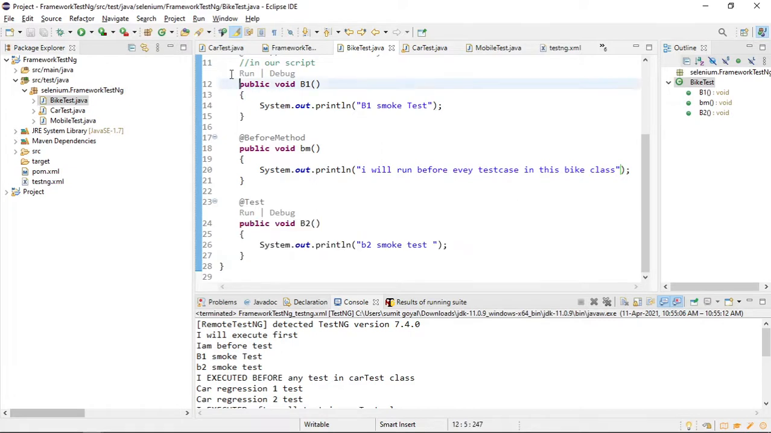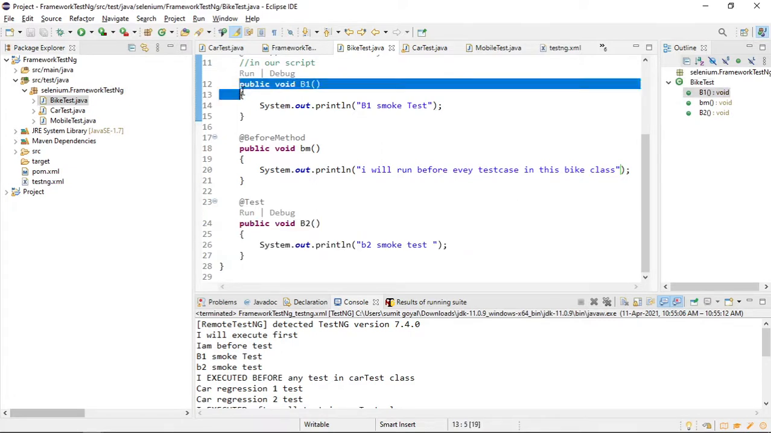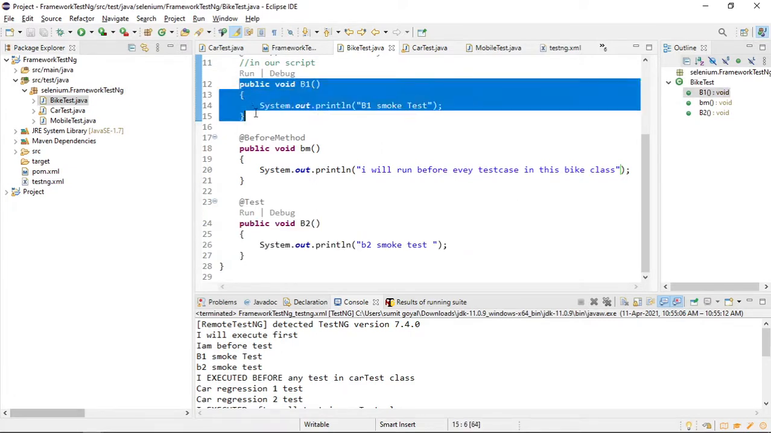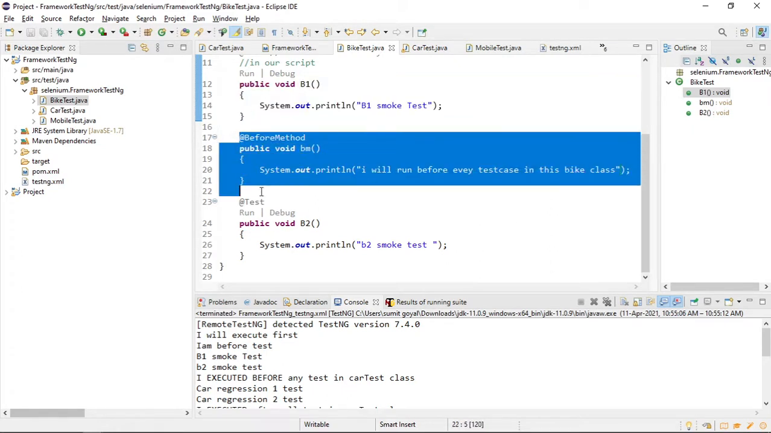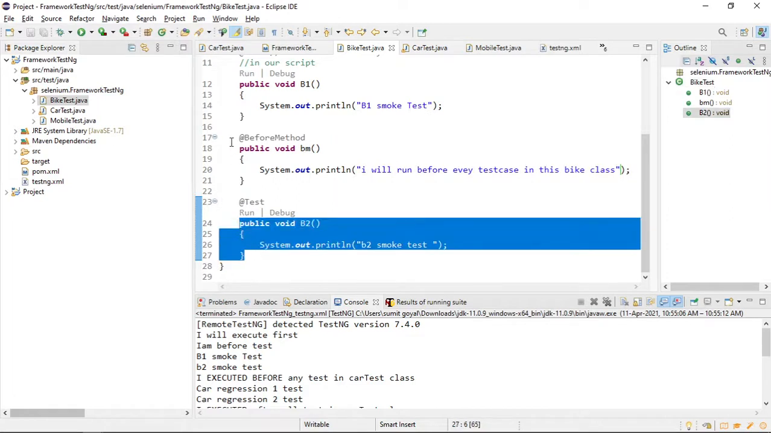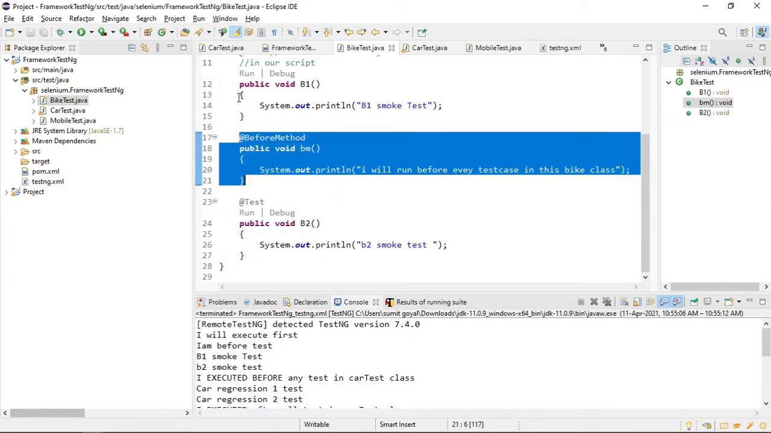Suppose I am running this. Suppose your test engine is trying to run this one, the first test case. Before that, first this will run, and after that, once it tries to run the next test case, you will see this will run again. So this will run a total of 2 times because we have 2 test cases. If I just run this single class,